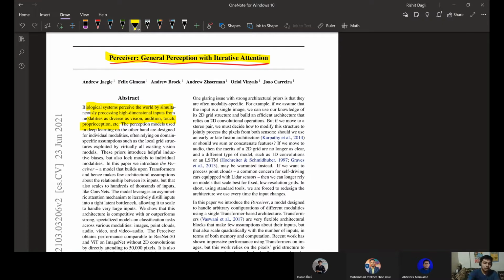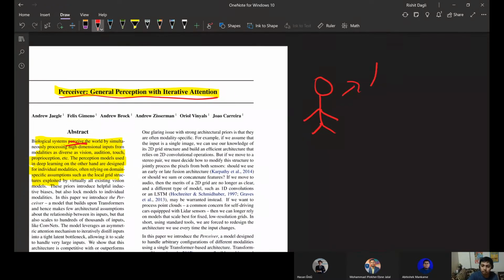And the perception models used in deep learning, on the other hand, are designed for individual modalities, often relying on domain-specific assumptions. So what do you understand from this? I understand that this part of the abstract essentially tells me that, let's say I'm a human, which I am, and if I want to perceive the world around me, what I usually do is simultaneously process high dimensional input. So what could this input be? This input could be touch,